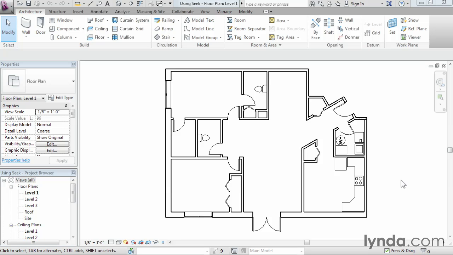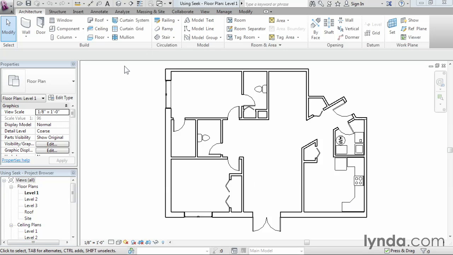And so in this movie, what I'd like to do is look at the website that's actually hosted by Autodesk, and it's called Autodesk Seek. And in fact, it's actually built right here into the product, so it's very easy to get to. So you can see here I'm in a file called Using Seek, and it's a version of the file we were working on in the last movie, and I've just added one or two additional components, a few countertops and